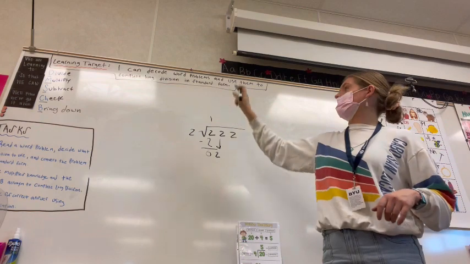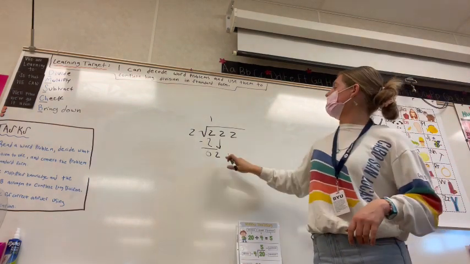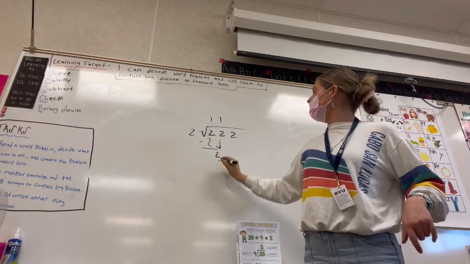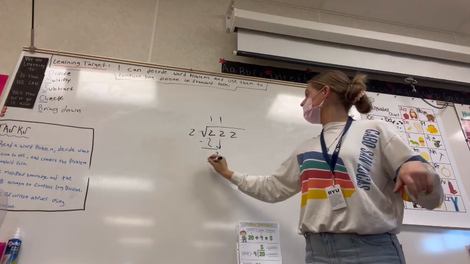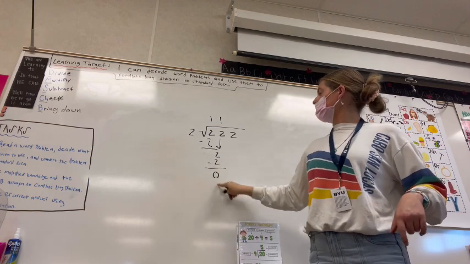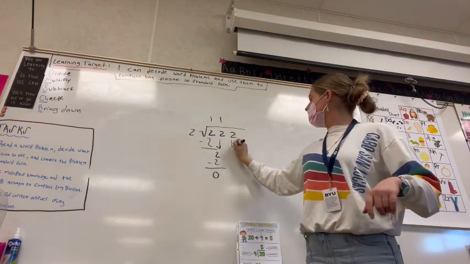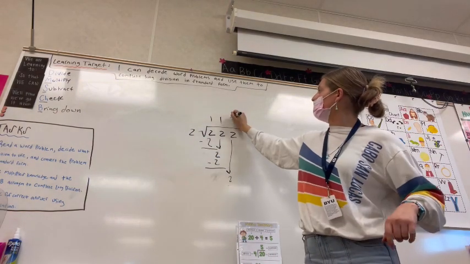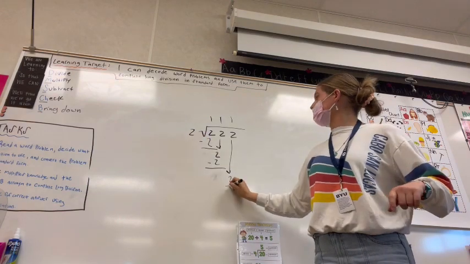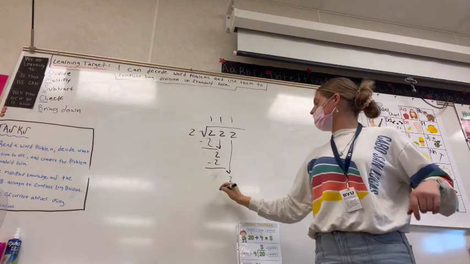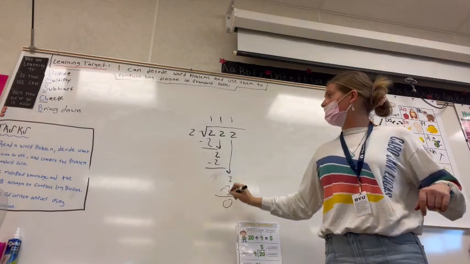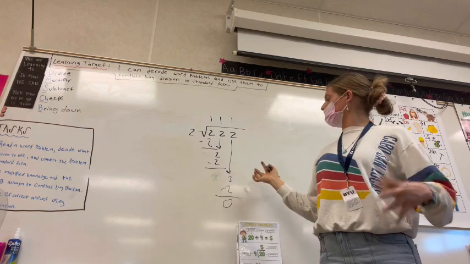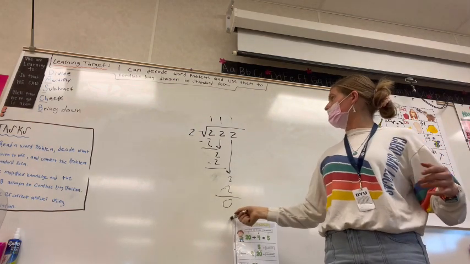Then we do it again. Divide. Oop, we're out of time, so I'll display what the rest of it's gonna look like. Divide. 2 divided by 2. It's 1 again. 1 times 2. 2. Subtract. 0. Check. Is 0 smaller than 2? Yep. Bring it down. One more time. Divide. 2 divided by 2. 1. 1 times 2. Multiply. 2. Subtract. 2 minus 2. 0. Check. 0 smaller than 2? Yes. So we're good. Oh my gosh, we're done. Last number, nothing more to bring down. So our answer is